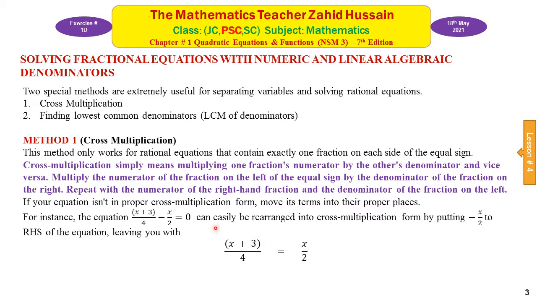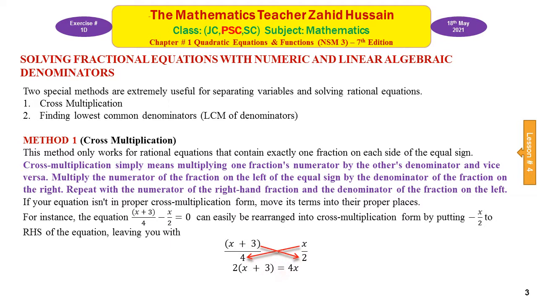Now we will cross multiply. We cannot cross multiply here. We have to bring one fraction on each side of the equality sign like this. Now we will cross multiply the numerator of the fraction on left hand side with the denominator of the fraction on right hand side, and then numerator of the fraction on right hand side with the denominator of the fraction on left hand side, and we will get a new equation: 2 multiplied with x plus 3 and 4 multiplied